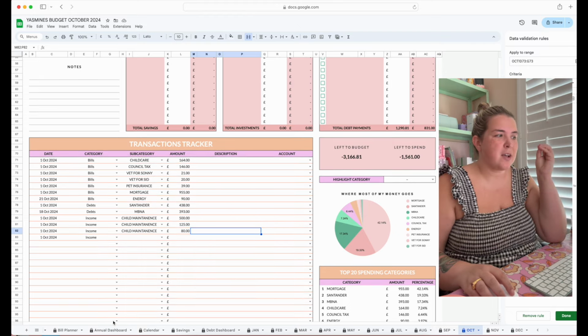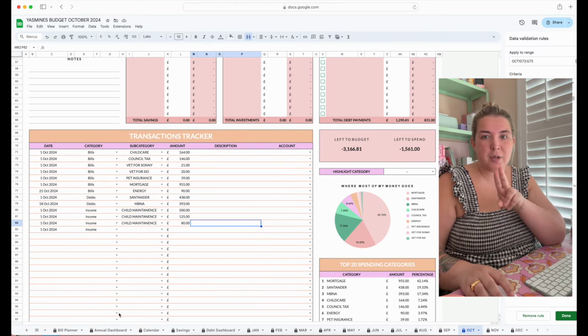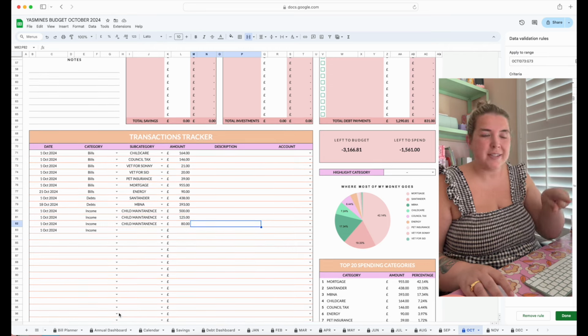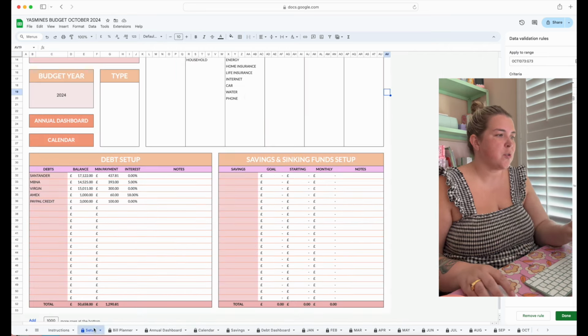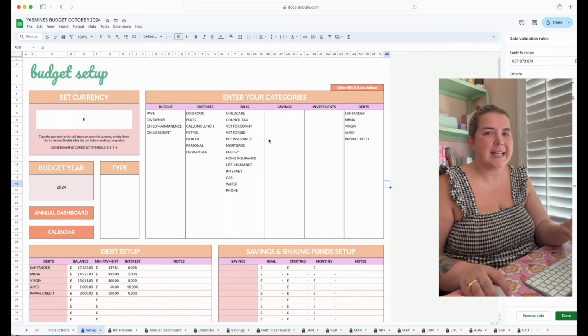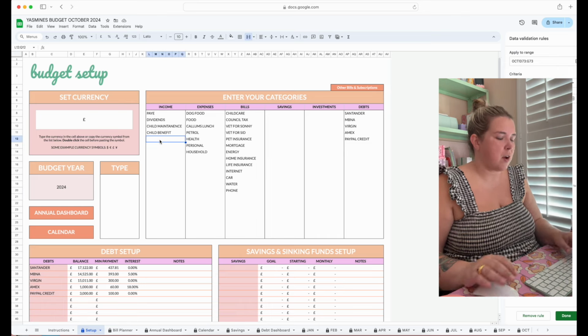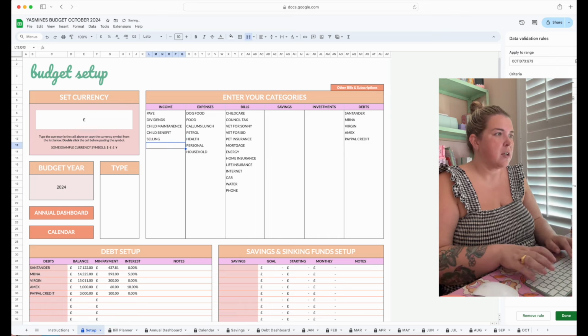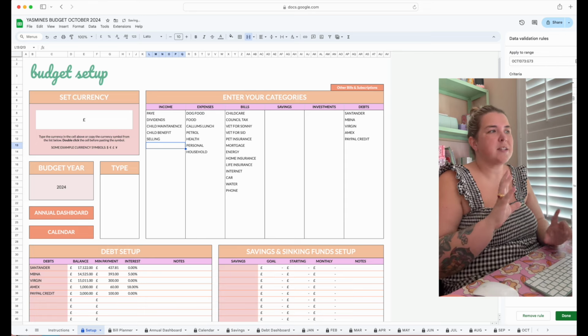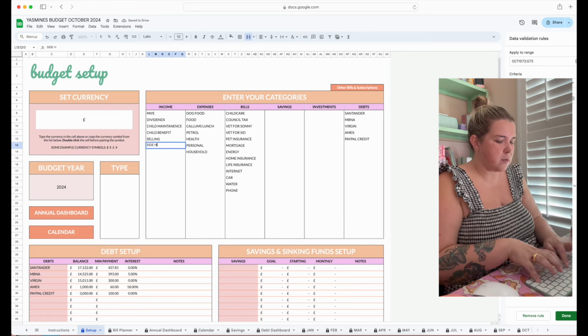I've actually just found two types of income that I get that I haven't listed. So I'm going to go straight back to the setup and list them in here, because you need them to be listed in here to be able to pull through. The types of income that I haven't listed are selling, because I've been getting some money from Vinted from selling some stuff, side hustle,